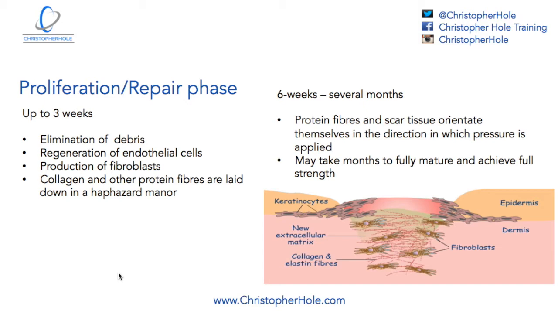They'll start to repair themselves and become what they were before. Then you get a production of fibroblasts, which is the connective tissue that sort of holds it all together, if you will. So you get what's known as the extracellular matrix, which is the fibroblasts and the cells becoming a matrix, but also becoming the new structure. Then you get the collagen and other protein fibers laid down in a haphazard manner. As an initial step, to get the job done, it will just lay it down in that haphazard manner,